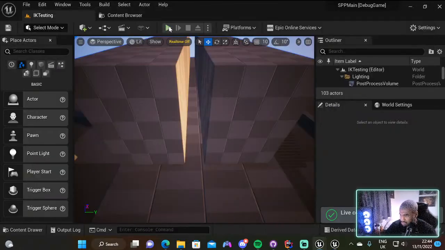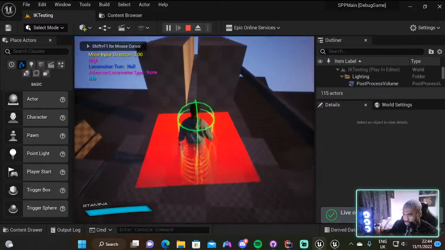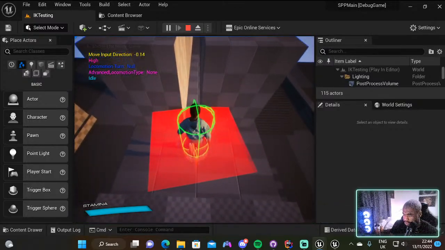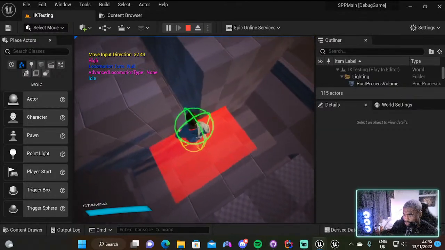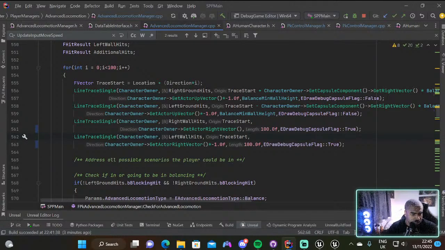That took ages for some reason. Okay, so it's doing it. So okay, it doesn't seem to be setting. Interestingly, it doesn't seem to be setting the